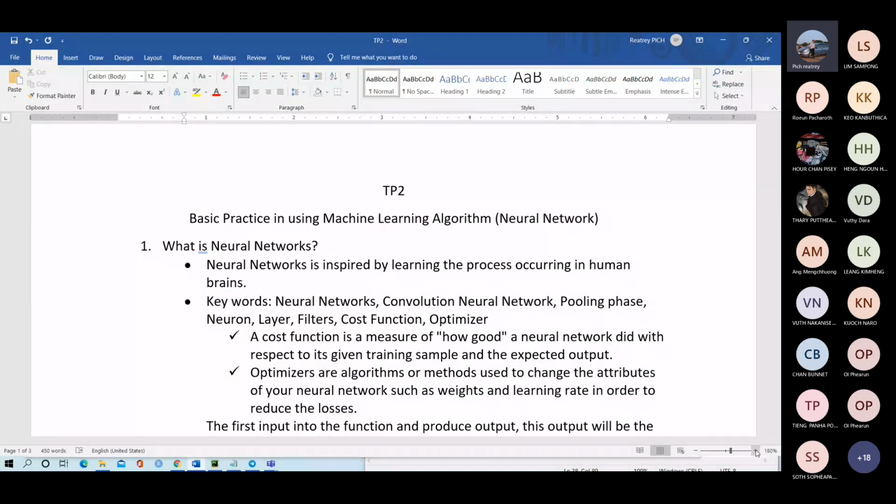So I will introduce you to some points about what a neural network is, where it comes from, and some basic elements inside a neural network. If you ask me about everything, I cannot answer it all. If I cannot answer, I will try to find the solution for you. But this is just the common material to help you understand what a neural network is and its properties. You will learn it later in your AI class.